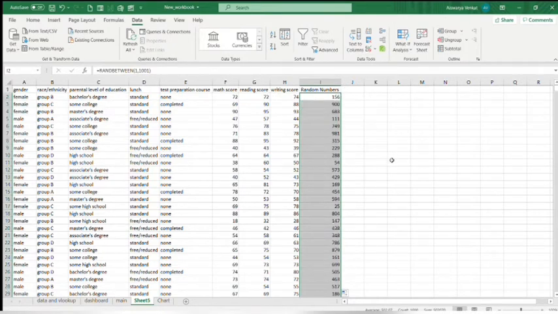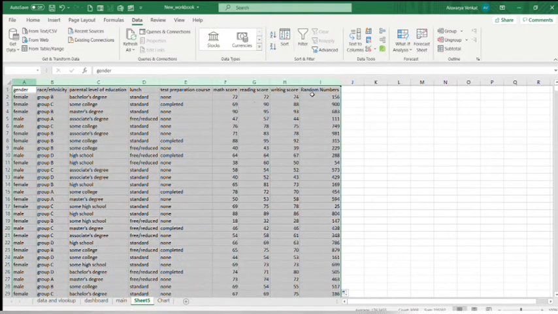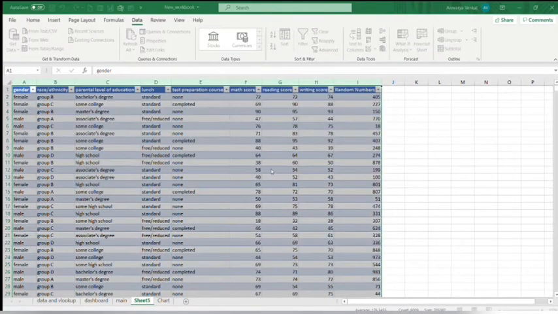After getting the random values, we start the pre-processing technique. First, we select from column A to I, and then go to the Data tab. After selecting the Data tab, we select From Table or Range. Then we will be redirected to the Power Query editor.